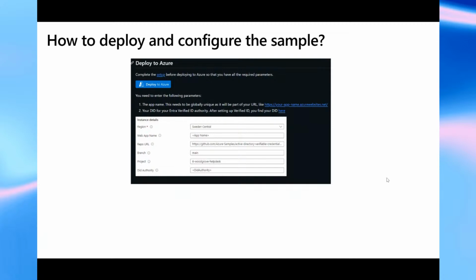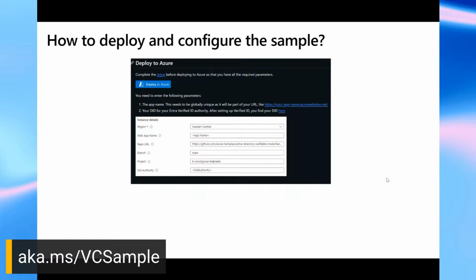But there's something I would like to call out. Please do read the instructions. There is a line just before that button which says you need to complete the setup before you kick off deploy to Azure. It's an ARM template. And there are other instructions as well in the document. So when you click on deploy to Azure, it'll kick off an ARM template. It expects you to have